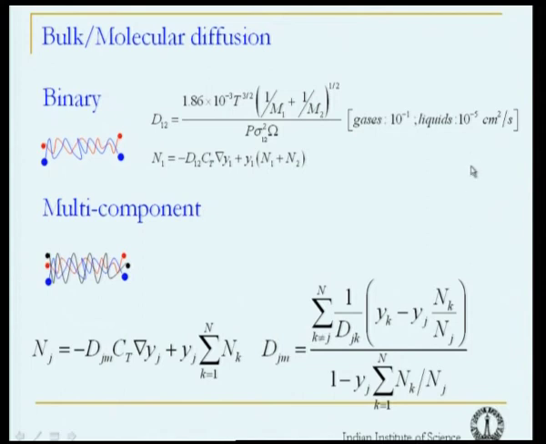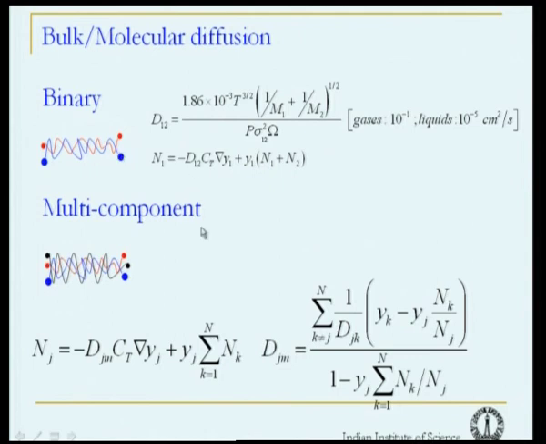And we all know that mass transfer is both because of diffusion, which we write using Fick's law, diffusion coefficient times the concentration gradient, and due to bulk motion of the species. So, Y1 into (N1 plus N2). This is my flux. What it says is the diffusion is a result of interaction or the movement of these two molecules as well as the movement of the entire flux.